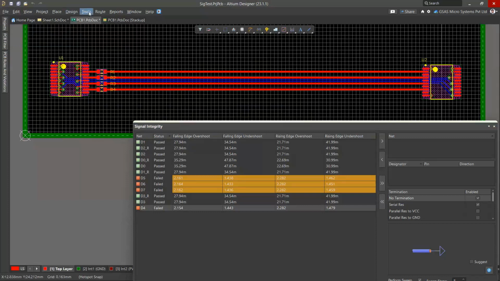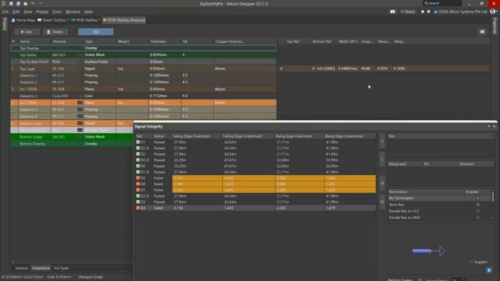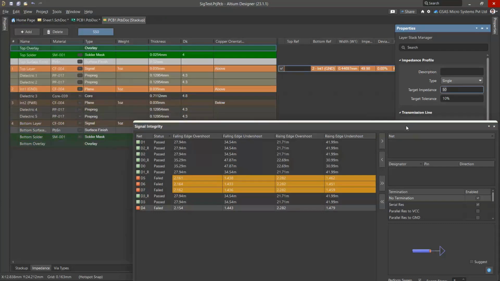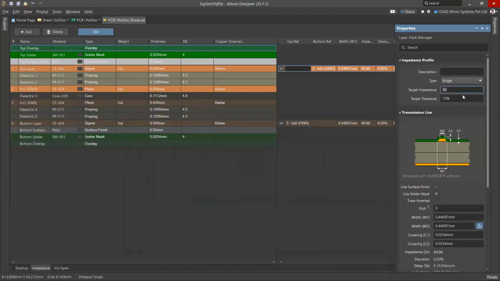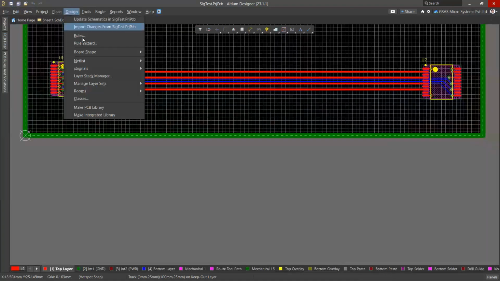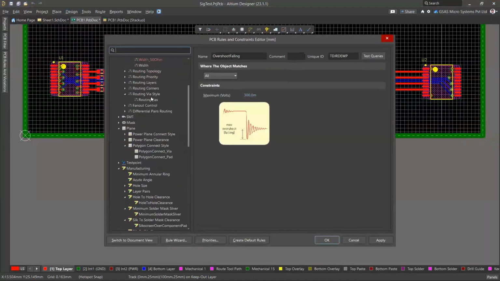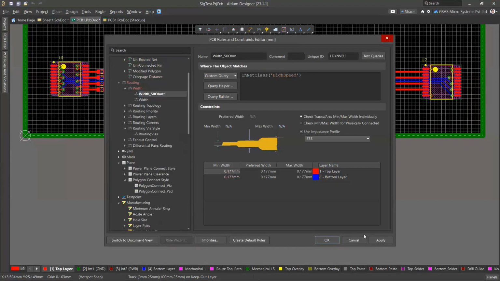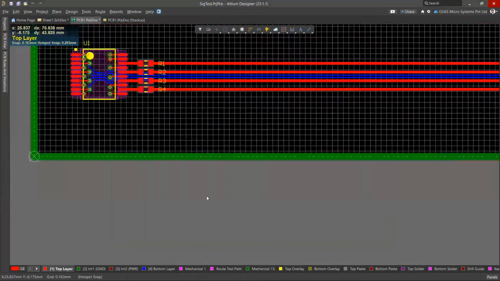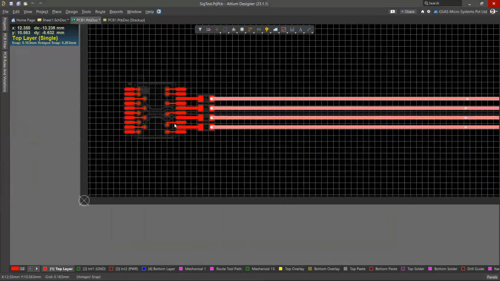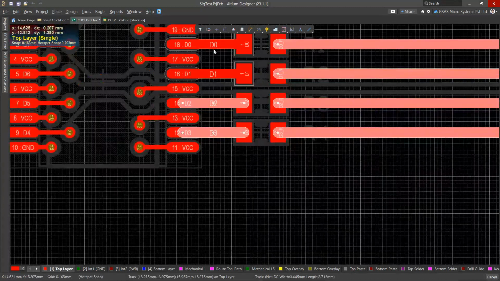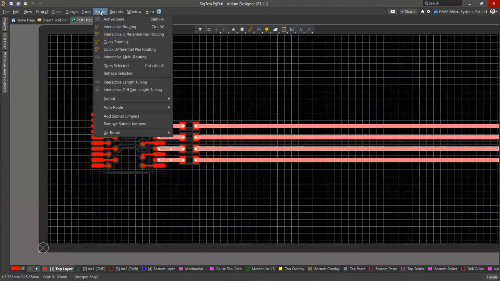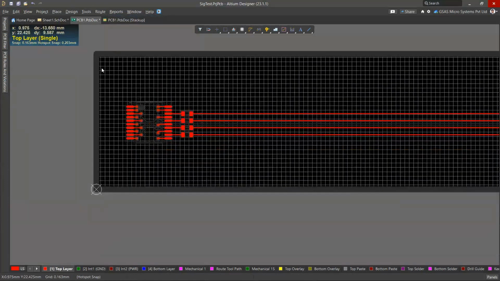Now go to Design, Layer Stack Manager. Now let me change this impedance to 75. Let me close this. Let us see, this is the track width. Go to PCB, save this, go to PCB, Design Rules, and Width rule. Yes, update to this one, and update the track width here because the track width got changed, right? We have to update the track width, route, it is selected, and Shift S to go back, and again run the signal